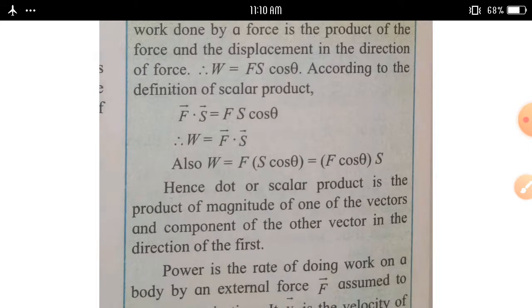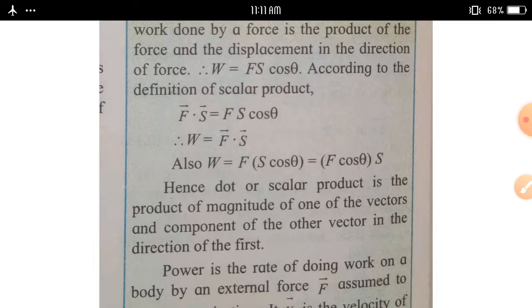In this way we can discuss the detailed concept of scalar products and vector products. We first discussed this in this video. Firstly we discussed the definition of a scalar product. This scalar product is also called a dot product, and p bar dot q bar is equal to pq cos theta. This is the mathematical definition of a scalar product. Then we discussed its characteristics.